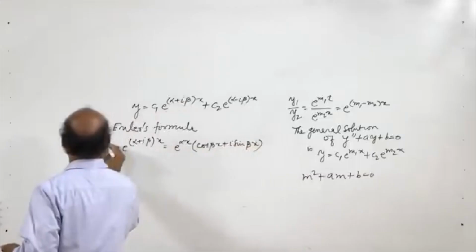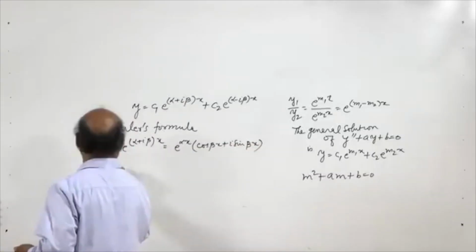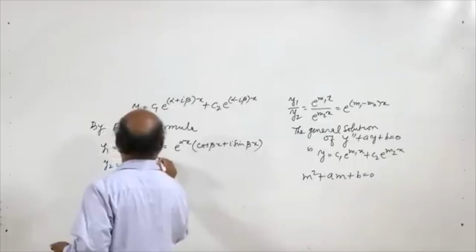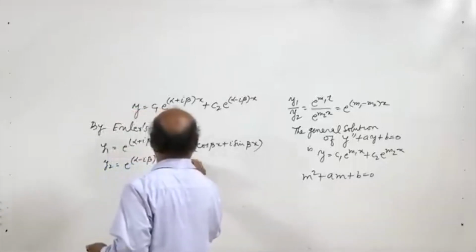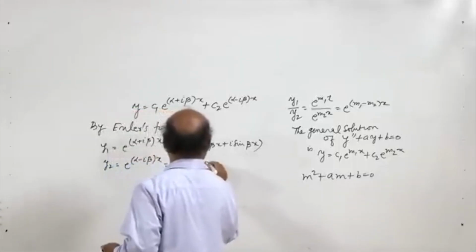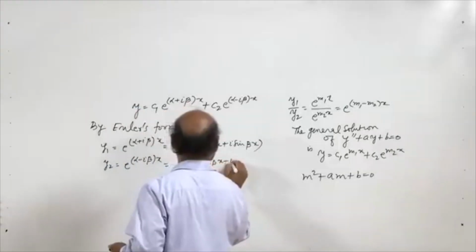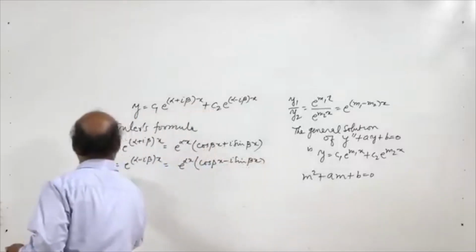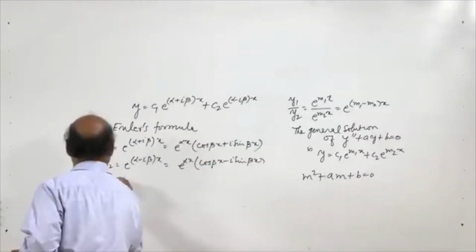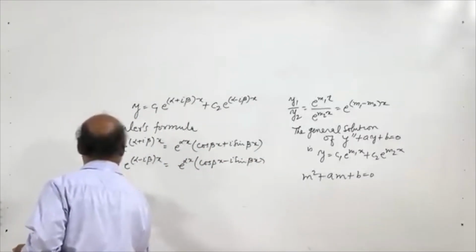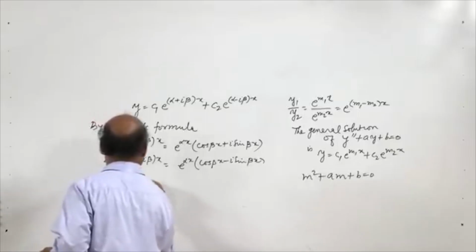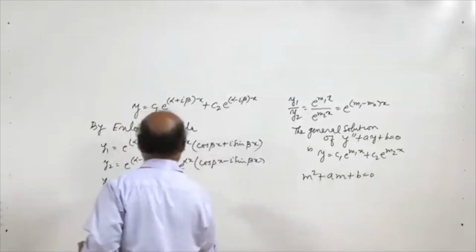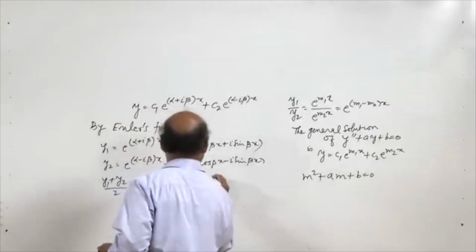Let it be y1, and y2 be e to the power alpha minus i beta into x, then we can write it as... so adding y1 and y2 we get... and also y1 minus y2 we have